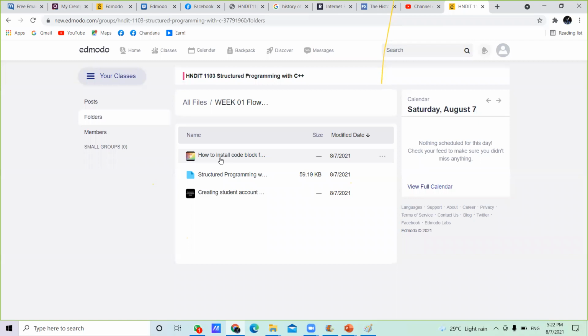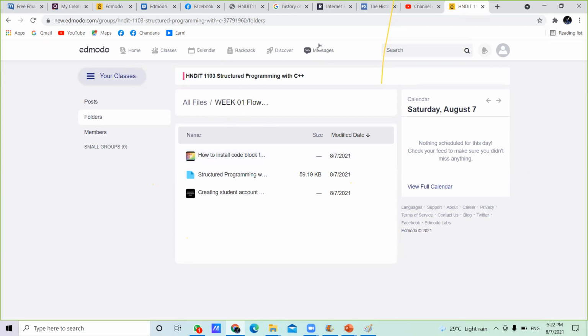Then after you create this Edmodo account, you can access these materials. Then please visit this video and try to install Code::Blocks for C++ on your computer. If you have any difficulties doing that, inform me through a message in this student account.